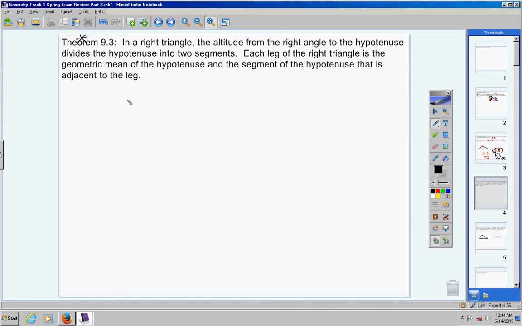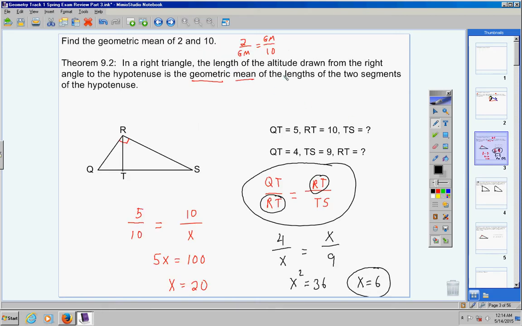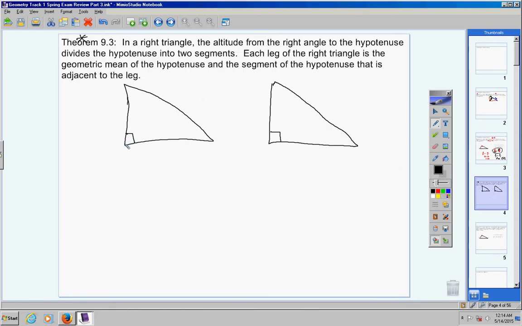Okay, I would encourage you to draw 2 triangles in your notes. 2 beautiful right triangles like I have attempted to do. Mine look like they have been stepped on. Now, both of these theorems start off the right way. If an altitude is drawn from the right angle to the hypotenuse, so both of these theorems, 9-2 and 9-3, start off this way. So I'm going to draw an altitude from the right angle there. Now, here's the difference. Listen to me carefully. This is theorem 9-2 right here, and theorem 9-3